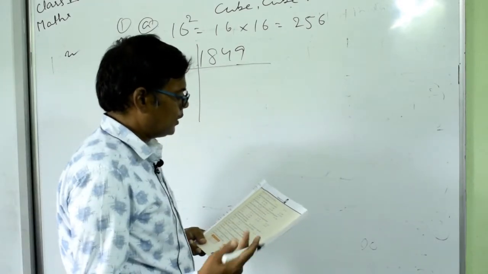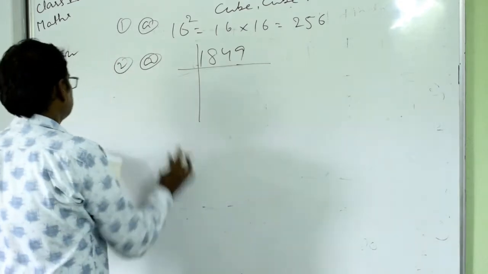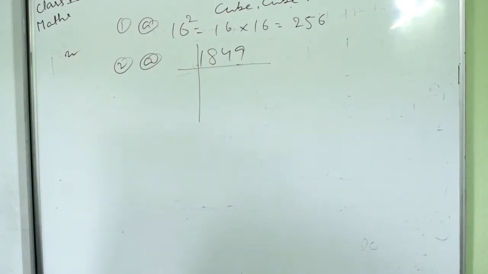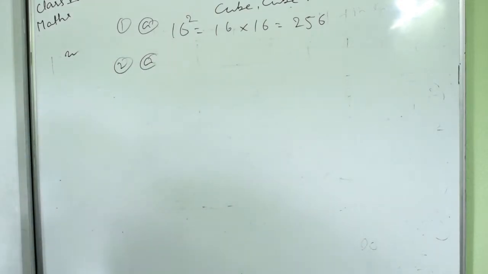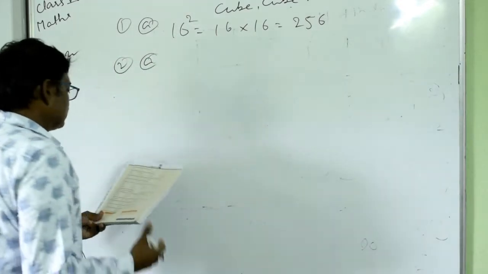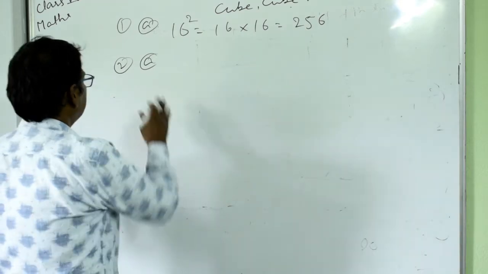Okay, similarly you can find, for example, the next question number. Here it will be difficult to find, or it will take some time. So move on to the next question, like question number 3.